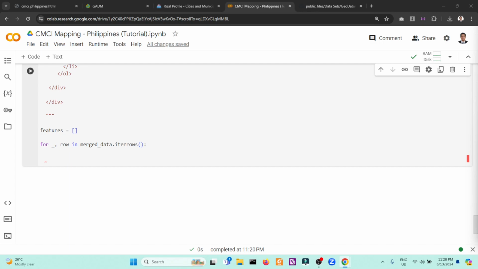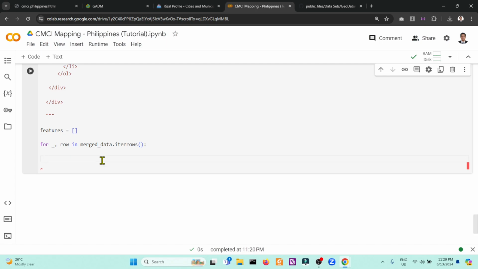It generates an iterator that yields an index and row data for each row in the data frame. The underscore here is used to ignore the specific index as it will not be needed in this loop.